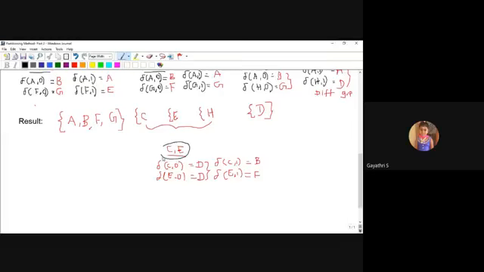Next I will check the possibility CH, C with H. So delta of C comma 0, delta of H comma 0, then delta of C comma 1, delta of H comma 1.